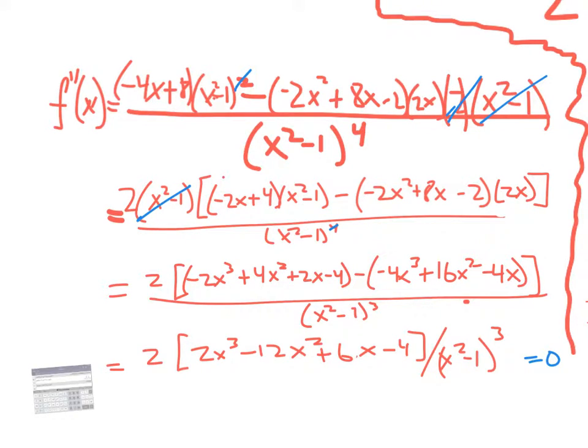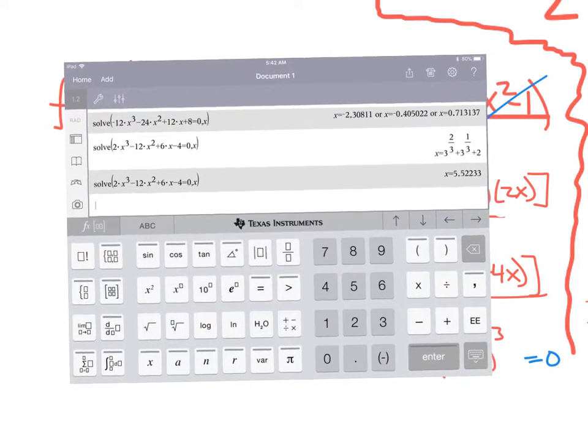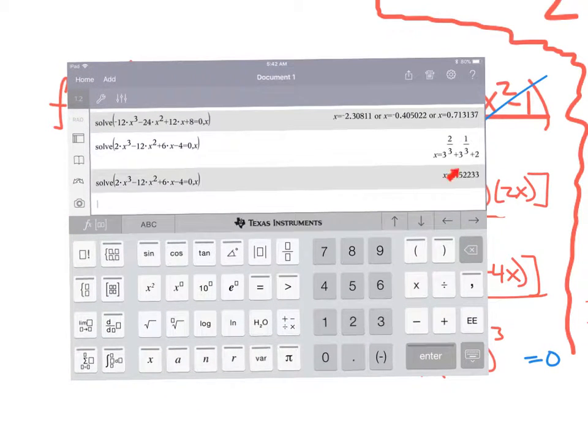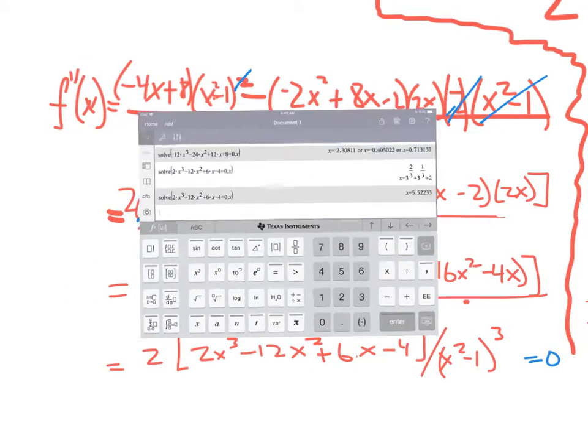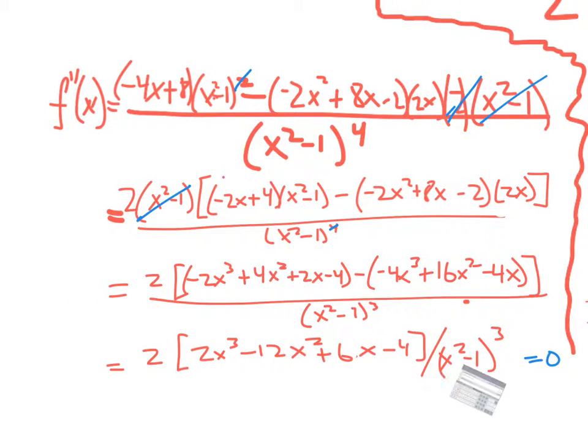So pulling this in from our calculator, we get 5.52. All right, let's tuck that guy away. That's good to know. So 5.52. Only one answer. 5.52. All right, so our critical points for the second derivative